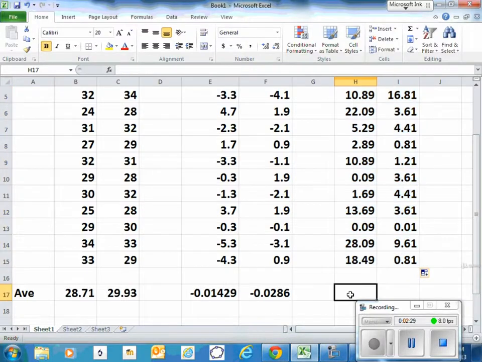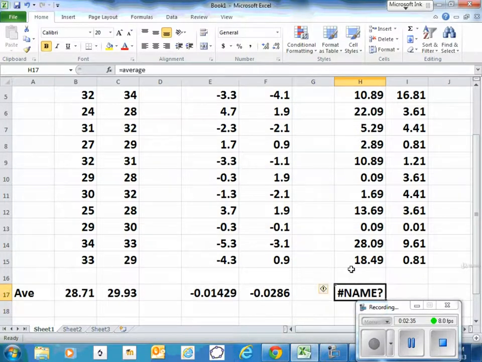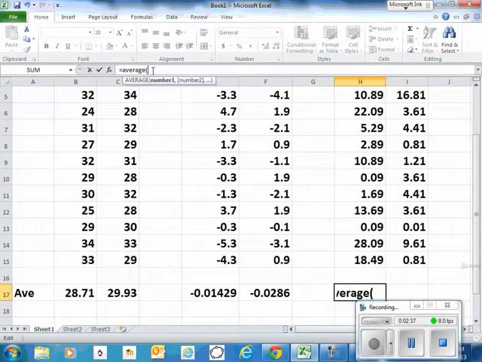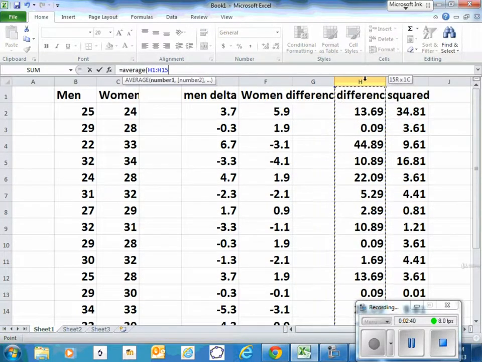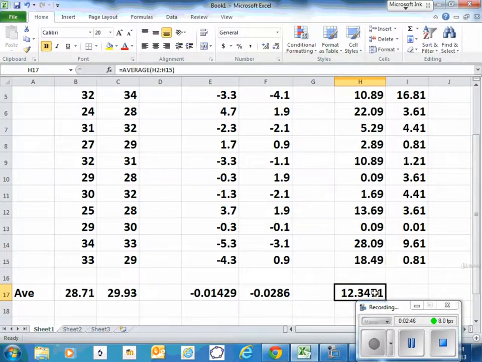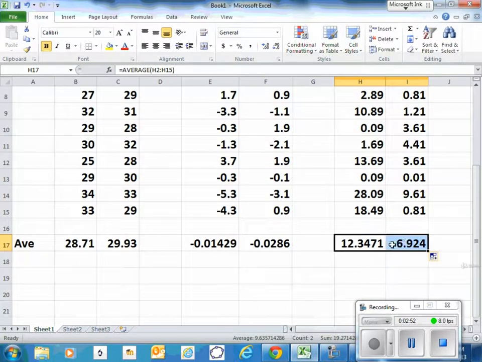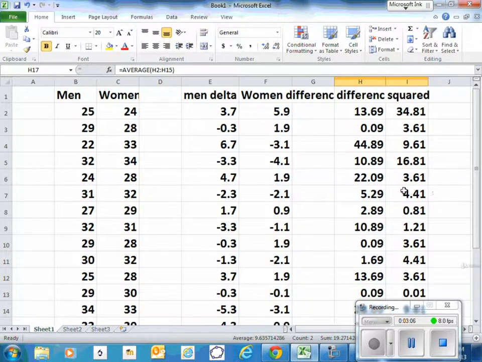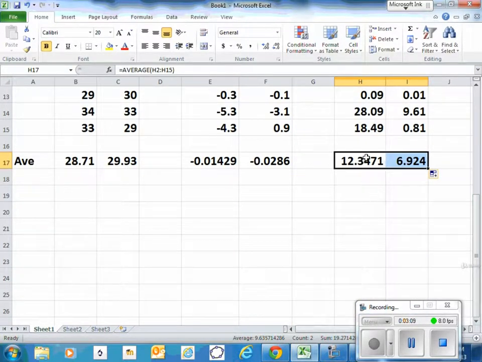So now if I say an average of those numbers, oops, equals the average of, well, what do we want the average of? We want the average of all those numbers. The average is 12. Let's do for the next column. I'll just copy that over, grab the corner there. So what it says is the square of the differences is 12 for the men and 7 for the women. And so that's, I square the differences, found the average,